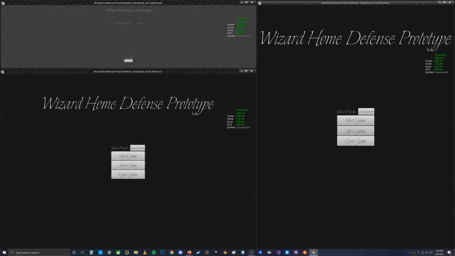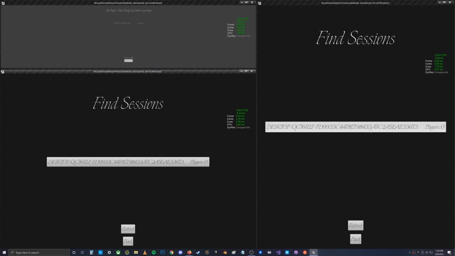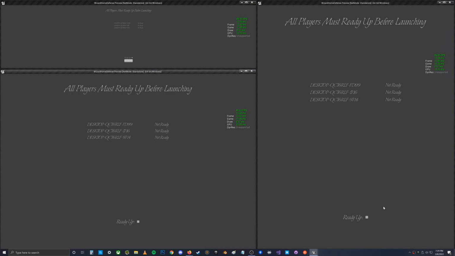I just want to show you the basics. I've done everything here from scratch. No marketplace assets for code, no plugins, just marketplace assets for 3D models, a lot of stuff from TurboSquid and stuff like that. So we'll join the session here, and every player has a ready up, which you see is